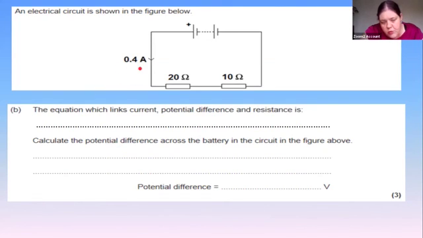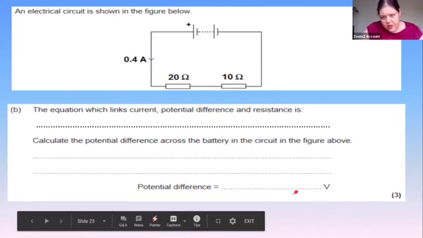Then our current is 0.4, and because V equals IR, V equals 30, which is 1 mark, times 0.4. That gets you 2 marks because you've got the equation in the right order and you've added up the resistance. The 3rd mark would be for doing your calculation. So 30 times 0.4. And again, notice how I'm just loading my calculator. 30 times 0.4 equals 12. So you'd then put 12 volts in there, and that would get you your 3rd mark. Hopefully that was nice and clear for you.